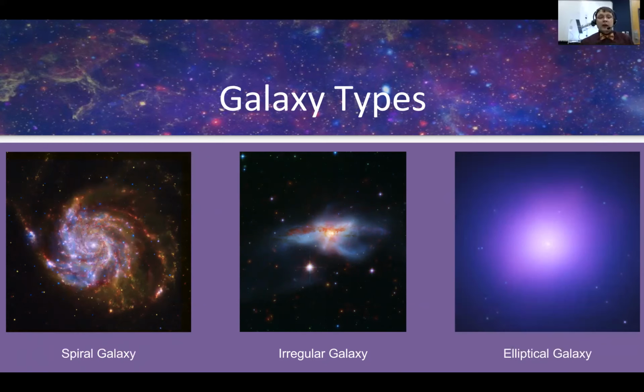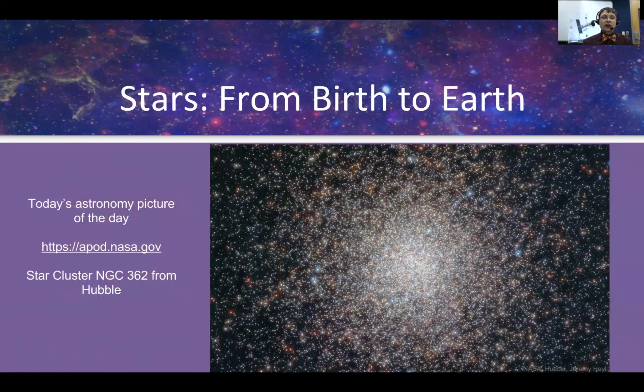So that's galaxy change. It happens over billions of years, but change happens in the night sky on a shorter and smaller time scale as well. As we've discussed in previous webinars, galaxies are filled with stars and dust and gas, and all of those things are changing as well. So right here, this is actually a picture I pulled earlier today. This is the astronomy picture of the day today, if you guys are familiar with it. The website is up there, APOD. It changes daily and is a nice little resource if you're looking for some beautiful images.